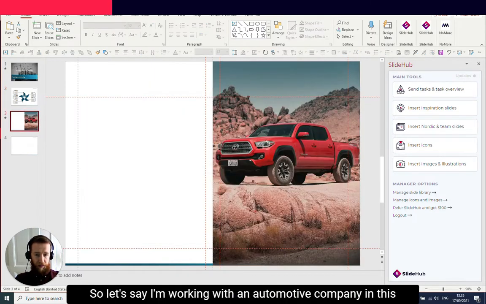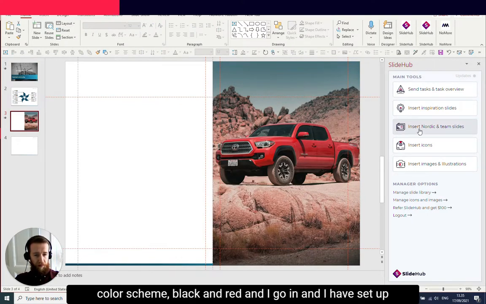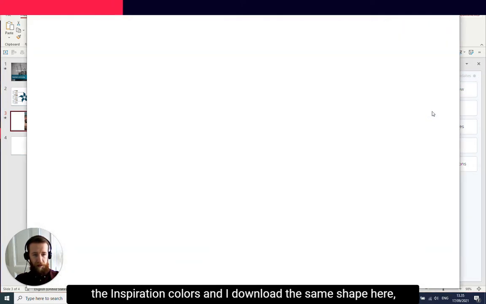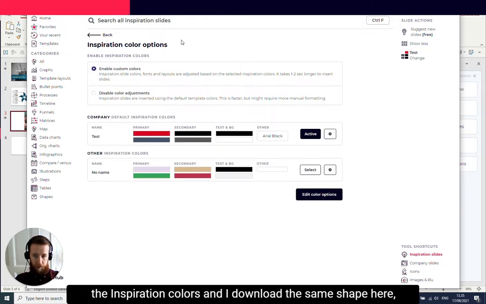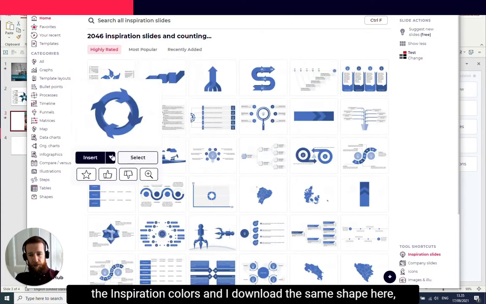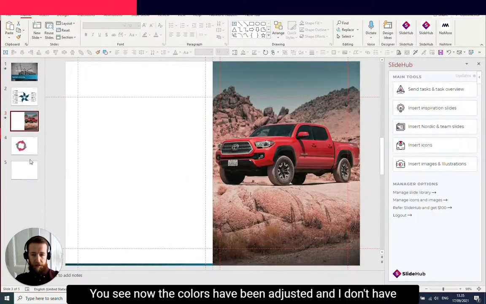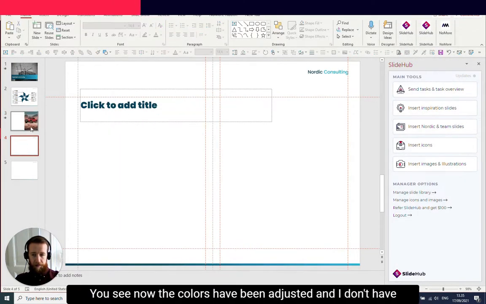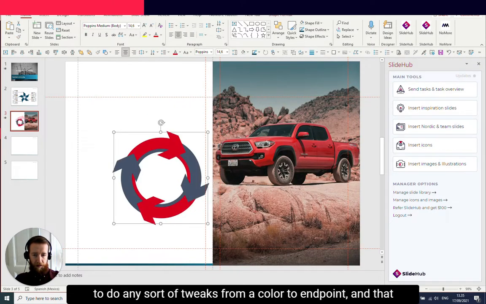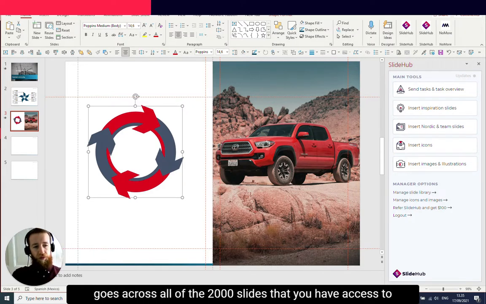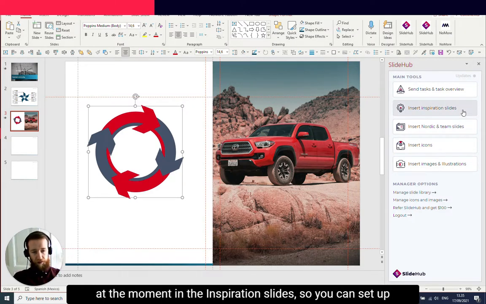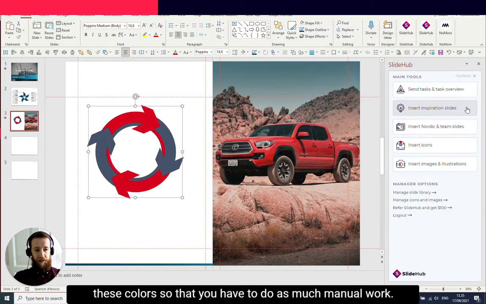So let's say I'm working with an automotive company in this color scheme, black and red, and I go in and I have set up the inspiration colors, and I download the same shape here, same slide. You see now the colors have been adjusted, and I don't have to do any sort of tweaks from a color standpoint, and that goes across all of the 2,000 slides that you have access to at the moment in the inspiration slide. So you can set up these colors so that you don't have to do as much manual